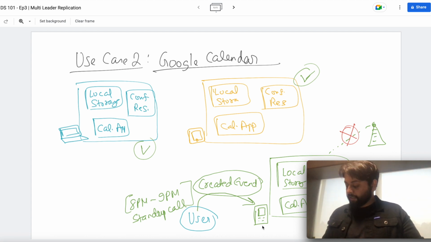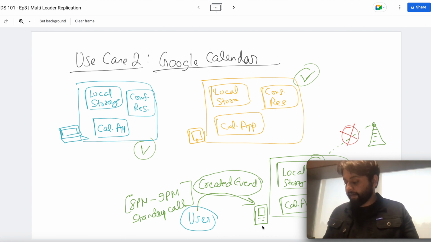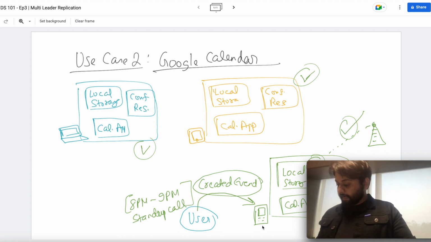The moment we added this event to the calendar app, since it is not connected to the internet, it stored this event temporarily in its local storage. But the calendar app is continuously waiting to come online, and once it goes online, it should send the data to the server so that all the rest of the devices get synced, right? Now suppose after some time I switched on the data, and it is no longer disconnected, it is connected to the internet. In that case, the calendar app will create this event,